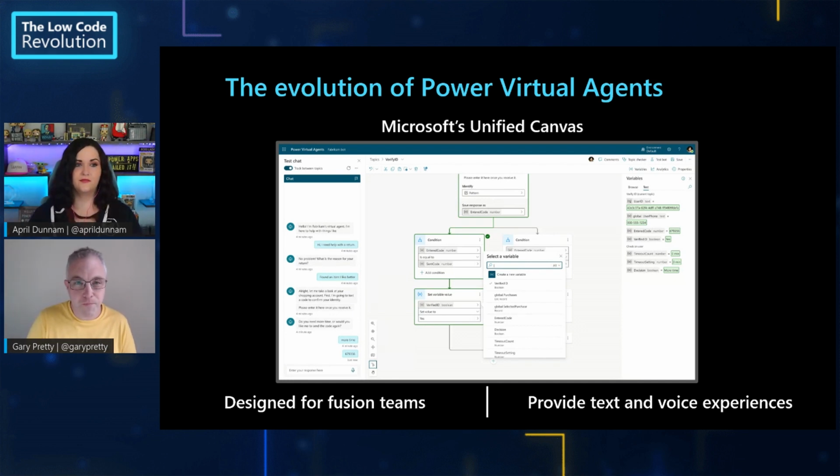Well, this is super exciting. I'm really looking forward to seeing what exactly this new unified canvas authoring experience looks like, and seeing those worlds come together for one holistic place to build bots. So do you have a little bit more you can show us maybe about what some of these new features look like that were added through this unified experience?